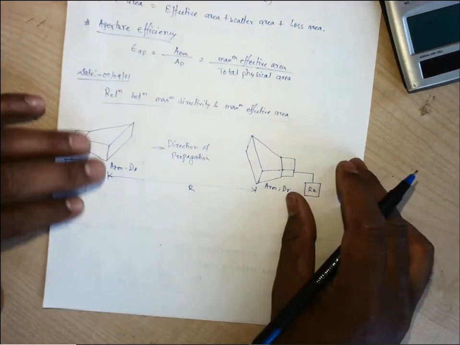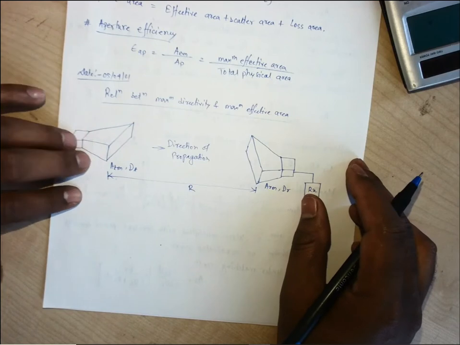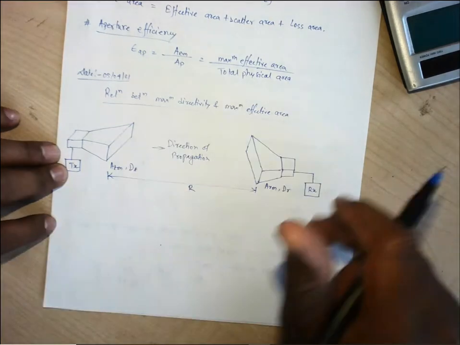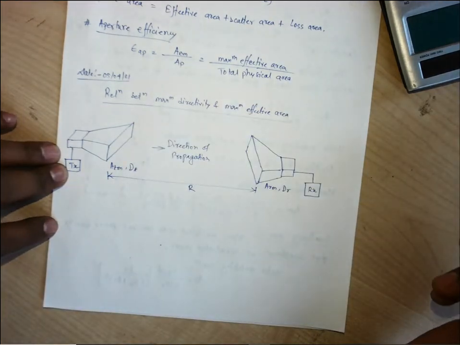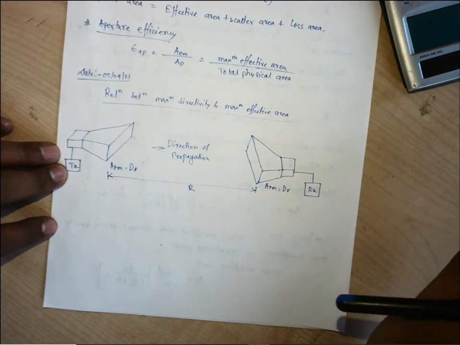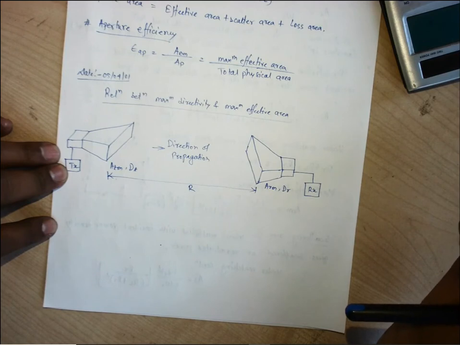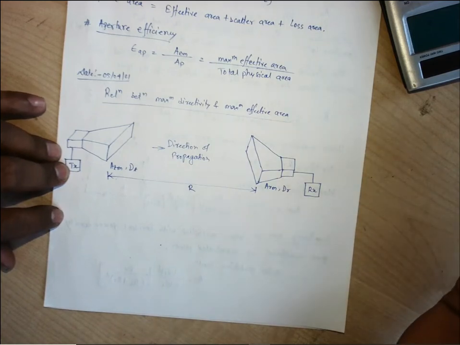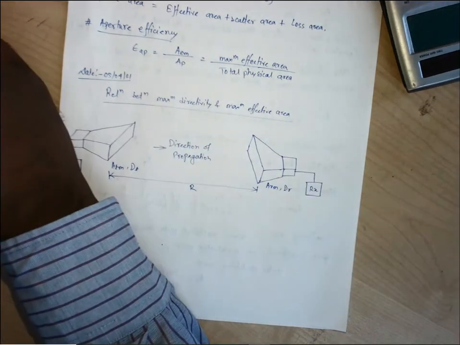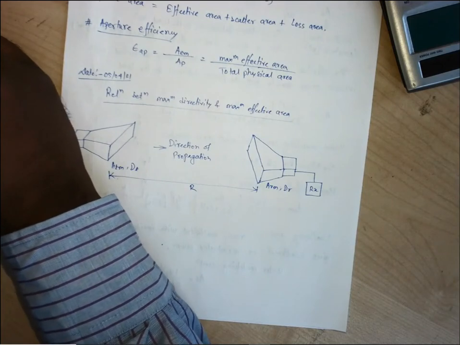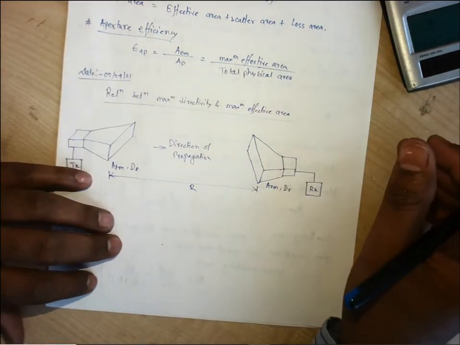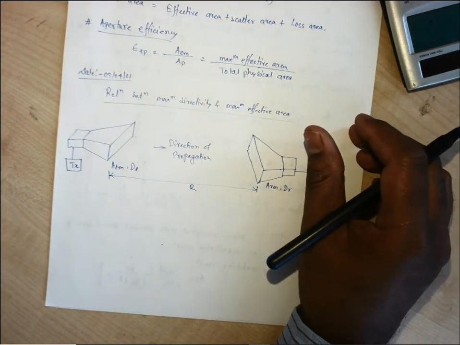Let us say that an isotropic radiator is an ideal source that radiates equally in all directions, but in practice it does not exist. It provides a convenient isotropic reference, a reference only for comparison with other antennas. We do not have any kind of practical isotropic source. We consider this source only for reference purposes.